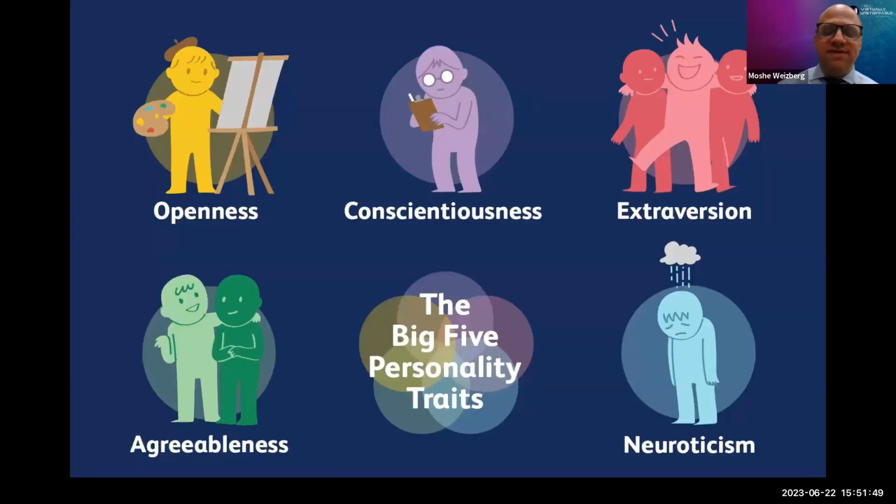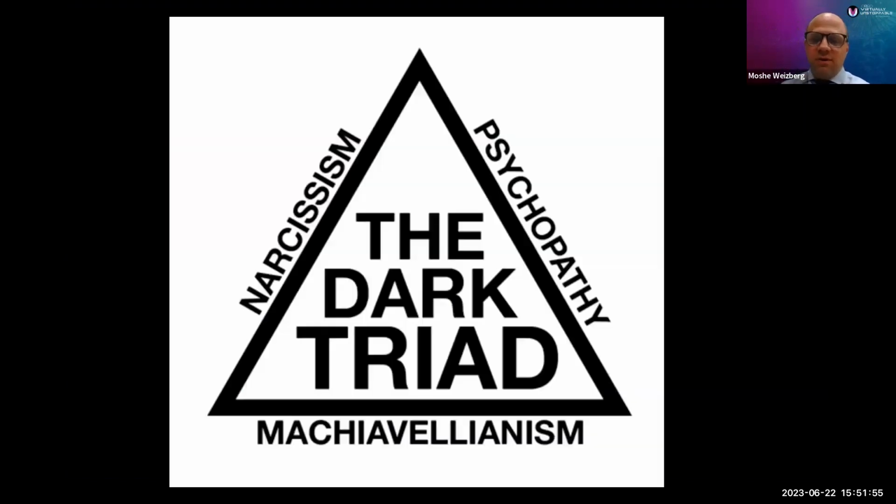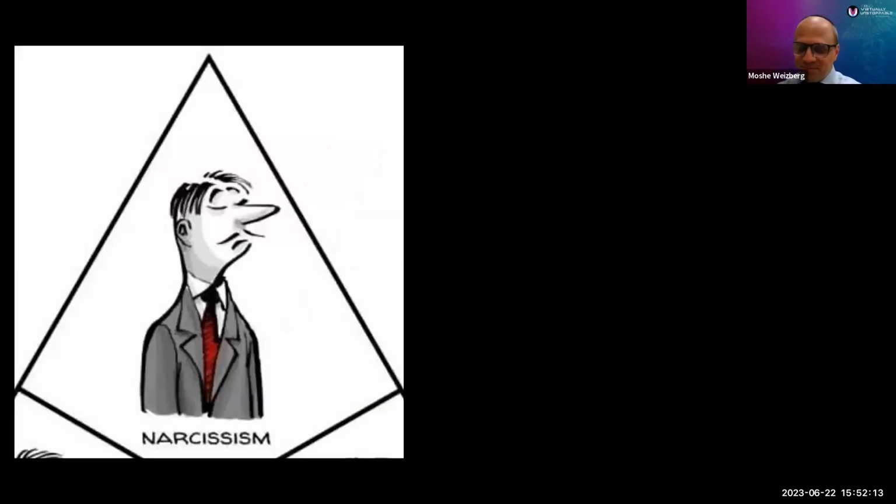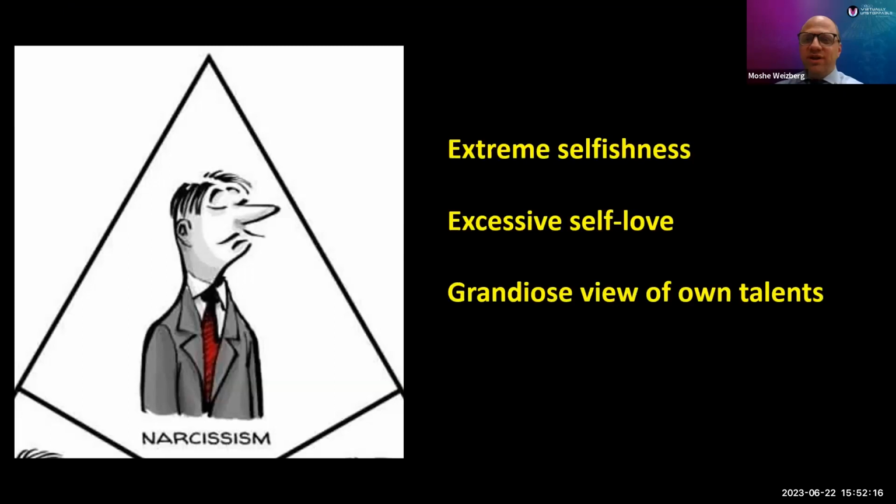So just like there are these 5 personality traits that have been associated with success in the business world, there are also a couple of personality traits that have been clearly associated with bad outcomes. And these are sometimes referred to as the dark triad, the 3 personality traits of narcissism, Machiavellianism, and psychopathy. What does this mean? We all have heard the term narcissist. What does it really mean? What it really means, at least in business literature, is someone who really centers only around themselves. They're extremely selfish and excessively self-loving, to an extreme, to the point where it's abnormal.